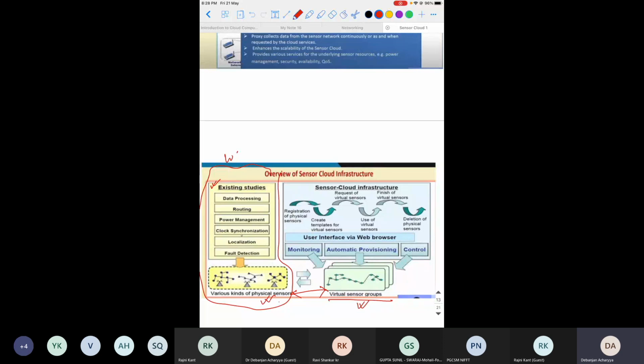At the same time, they can upload the data to the web browser, and using that cloud you can observe or monitor the data.